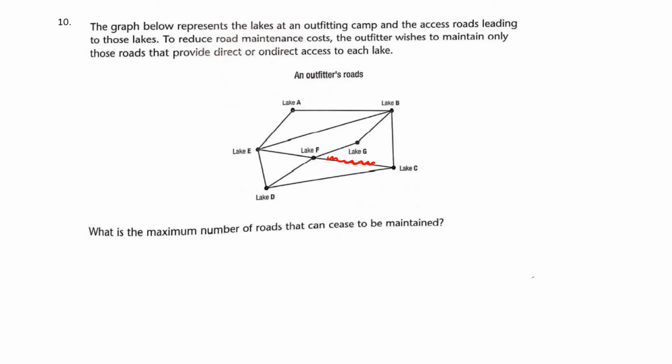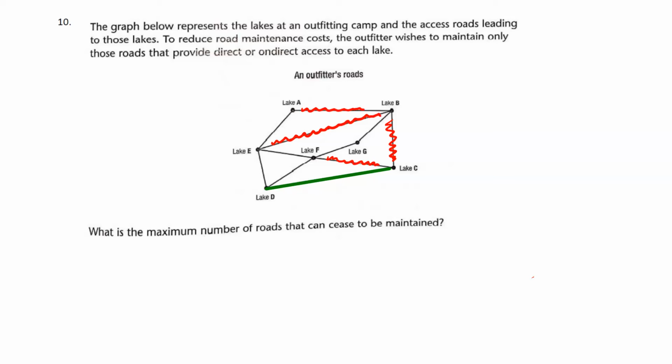So I'm going to break this connection that goes down to Lake C, and of course I can still get to Lake C by going through Lake D or by going through Lake B, right? So wherever you're going, the point is there's still a road getting to Lake C, but we've still got 2 roads. We don't really need 2, so we could go ahead and get rid of that one as well. So that means we absolutely have to keep road D to C. I can take out this road connecting E to B,